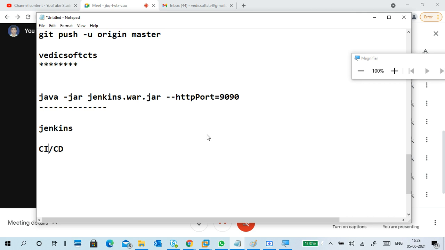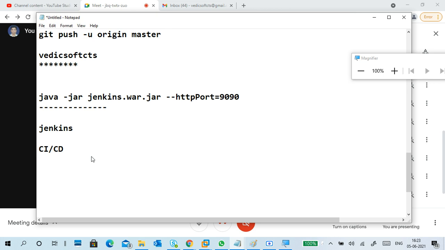For example, in yesterday's class we saw how to automate the process we normally do manually; I showed a Java example already. So how to deploy? Instead of deploying manually by typing on your own, you can automate it. So that is CI/CD.